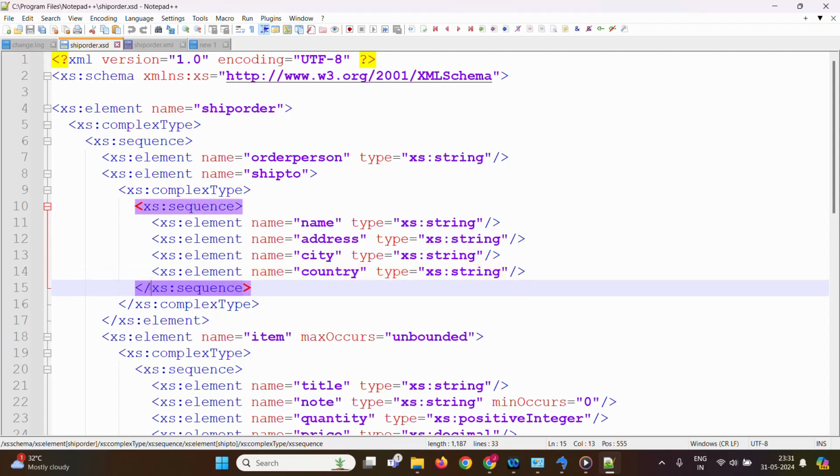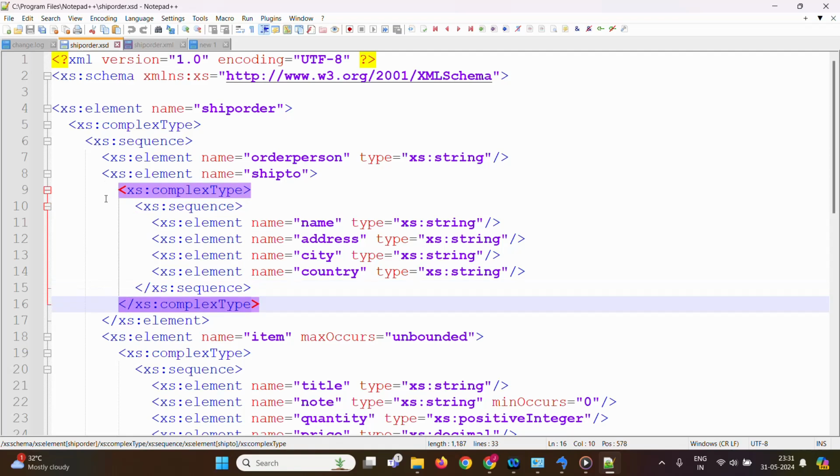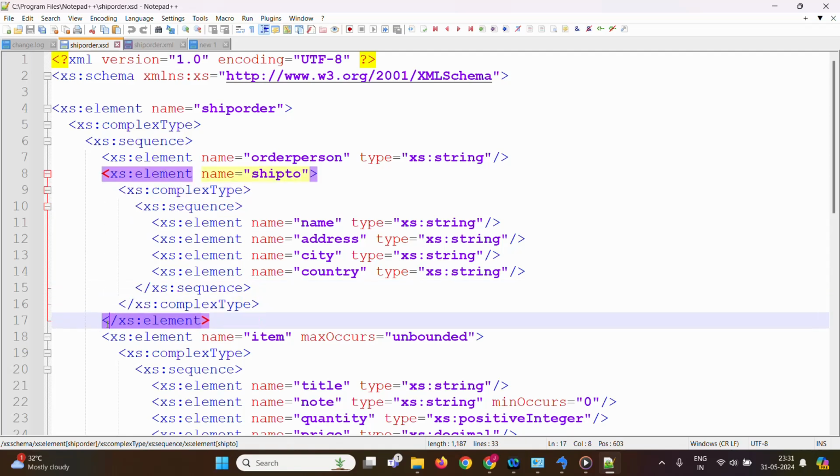Every ending tag will start with a slash. Again, this complex type is ending here, so I close it with a tag, and this element is ending here, so I close it with a tag here. Okay, and next, in the same indentation level, for this particular shipment, I have a person